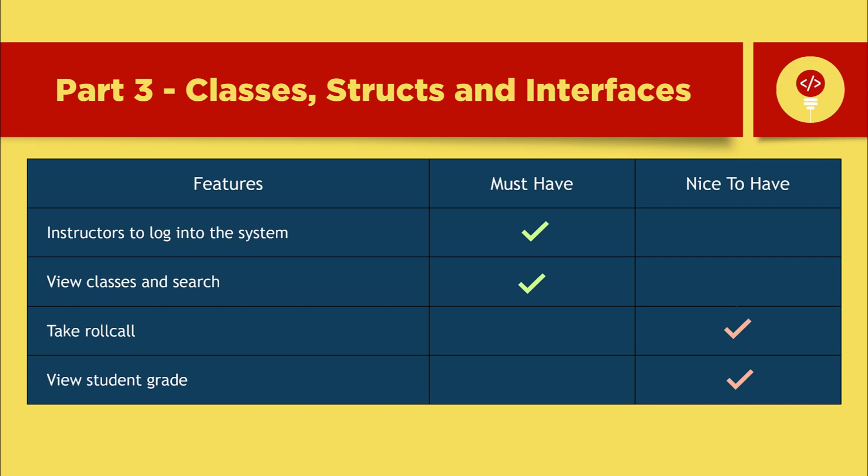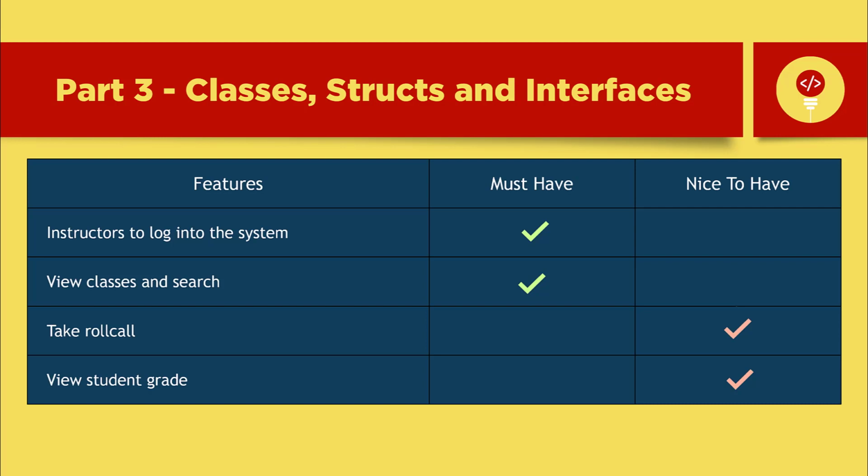So number 1, we need instructors to log into the system. This is a must-have. Number 2, we need to view classes and search. Also must-have. Number 3, we need to take roll call. This is a nice-to-have. Instructors can take attendance using pen and paper if this requirement is not met due to